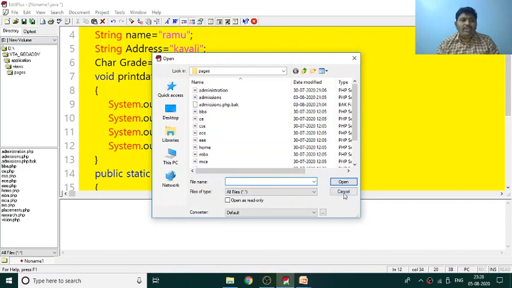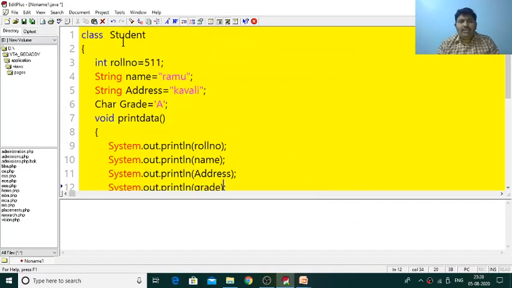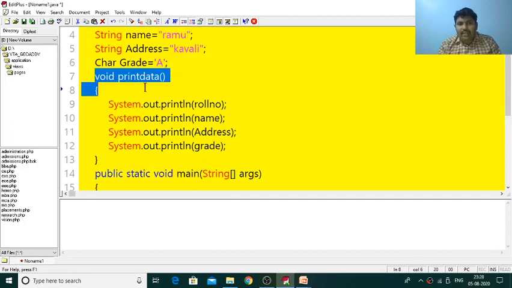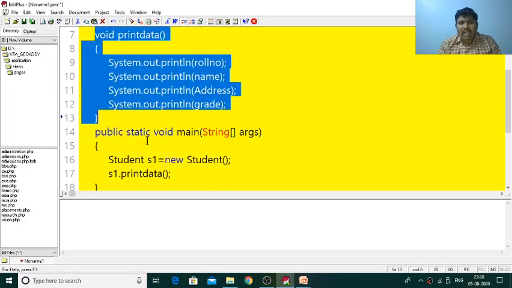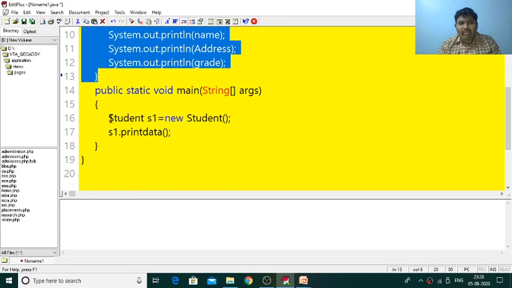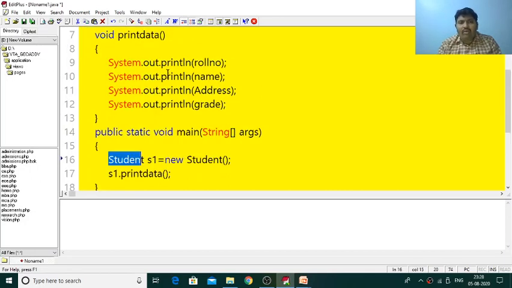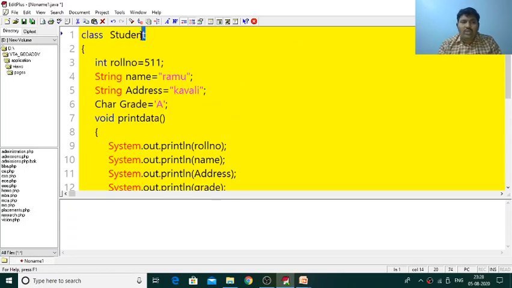First of all, how we have written this: first we created a class, then we specify the class name. Then write your data members, then write the method to access the members. Then write the main method, and after that create the object for your class. Then, with the help of the object, call the method. Between your object name and method name put the dot. Like this.